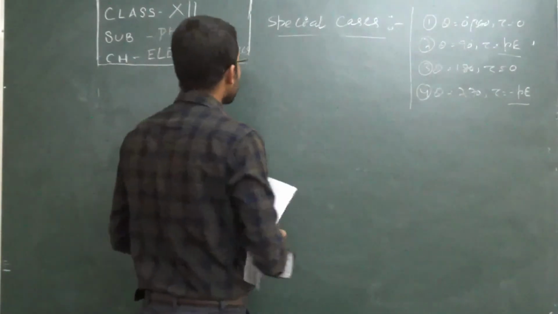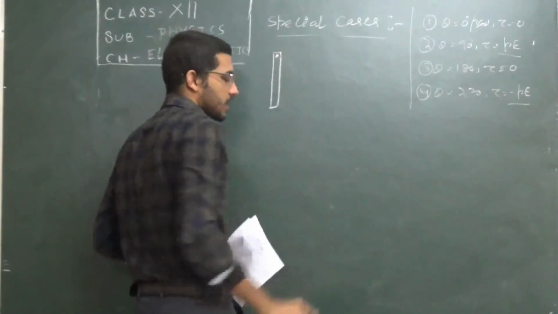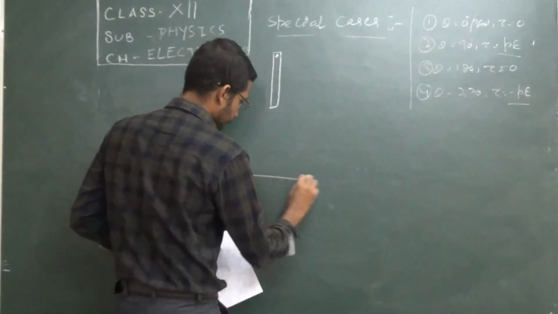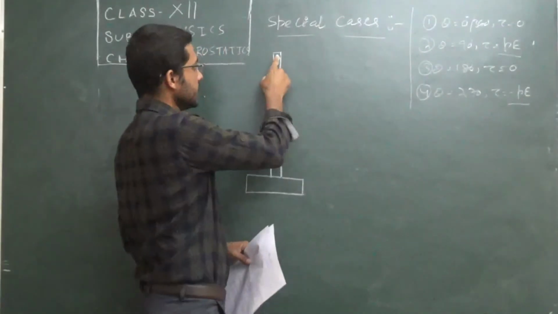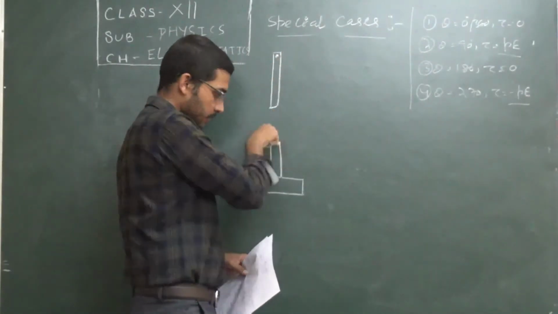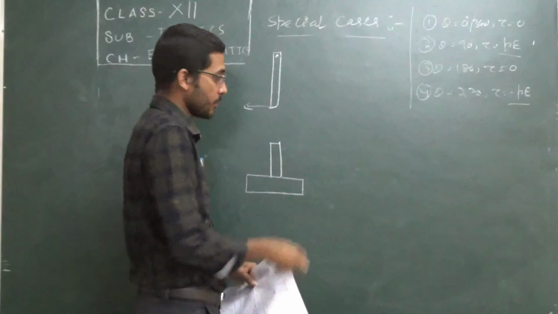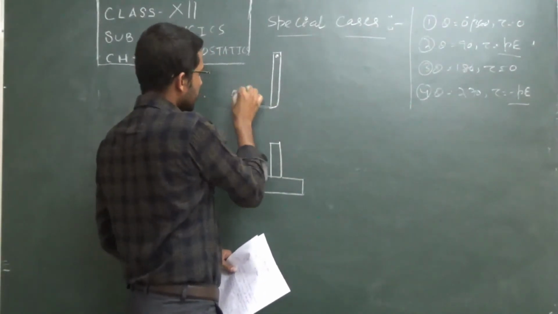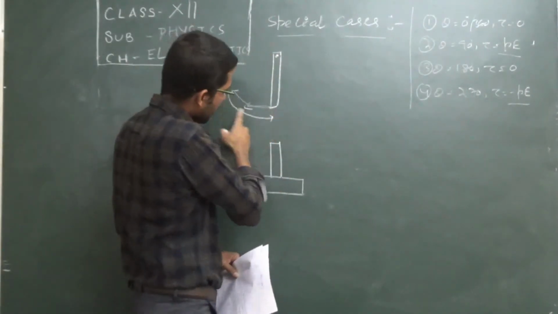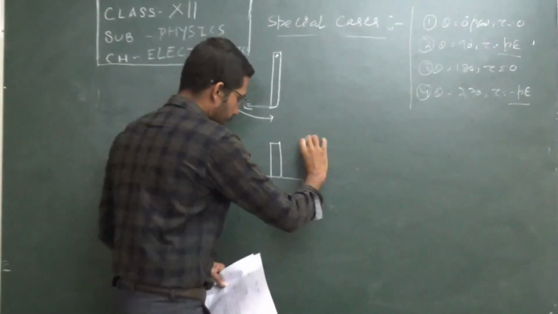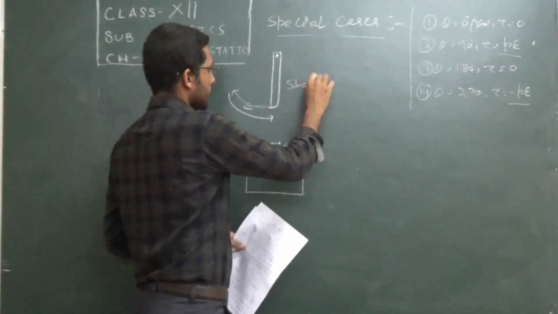So for that we need to understand that let us consider you have a rod which is hanged at a particular position. Another case is another rod is placed on a table. So this rod is hanging by a fixed point. This rod is on the table. Now if I apply a force along this direction, what will happen? From here this will go to here, and after the removal of the force, again the hanging rod is going to come back to its previous configuration. If I apply force here, what will happen? It will just fall down. So this is called your stable equilibrium.